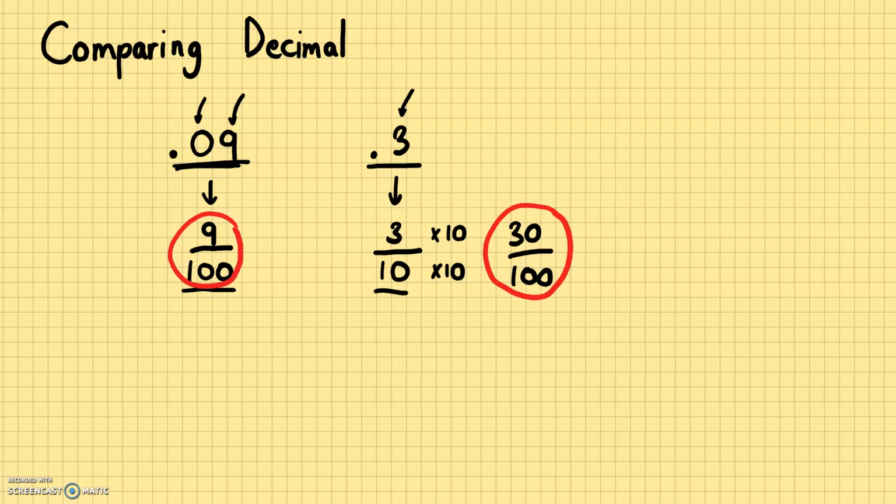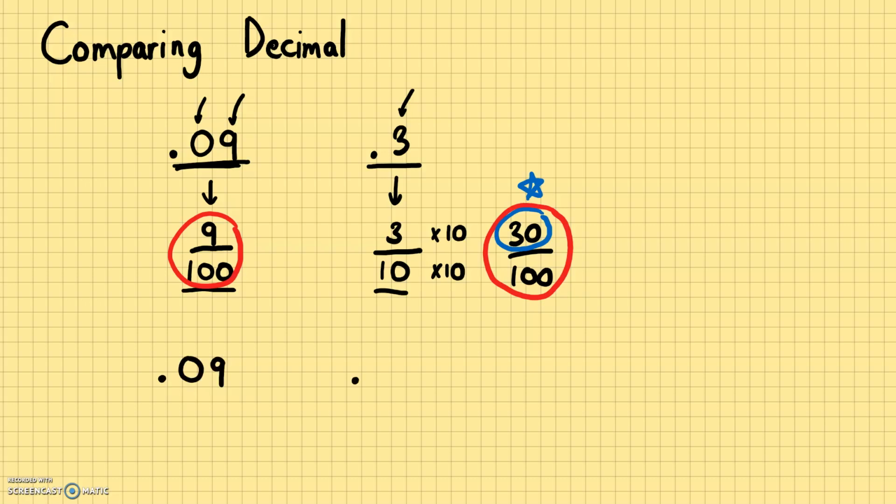We can ignore the denominator when comparing since they're the same, and this one has the bigger numerator, so this fraction is bigger. Now, you don't really need to change decimals to fractions to compare, but